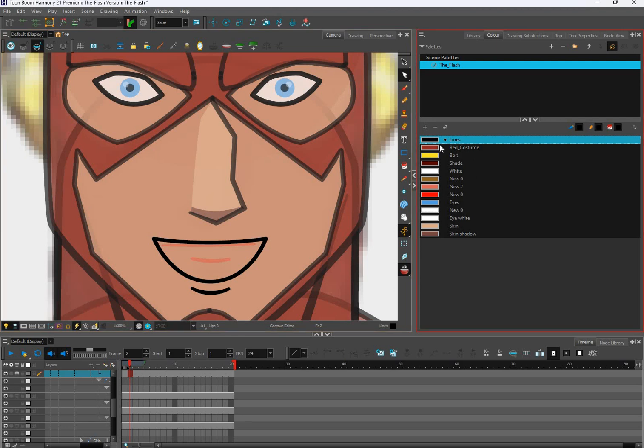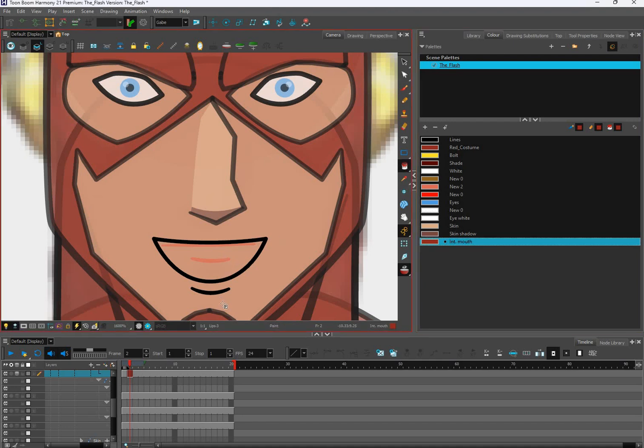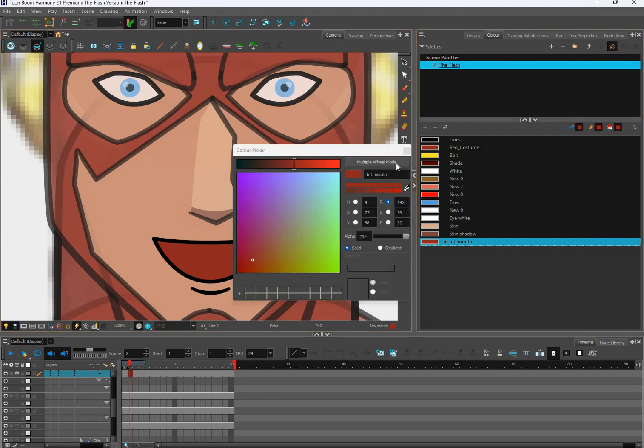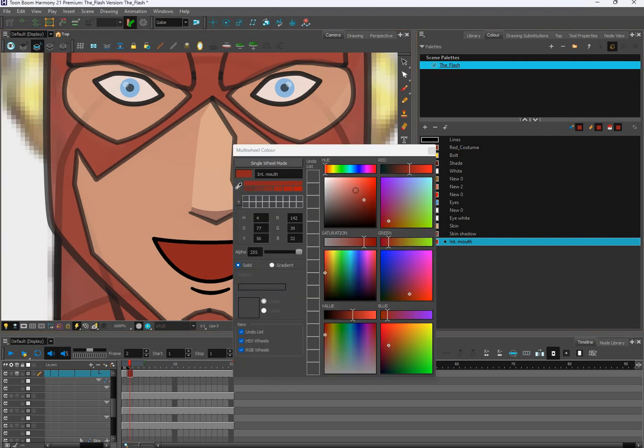We can start with the closest thing to it, which would probably be his red costume. So I can click on the plus here to add a color pot. It comes right over here. It's the same color, but I'm going to rename it interior mouth, like so. We can paint it, but the inside of your mouth is not really that red. Let's go in here and make it a little bit